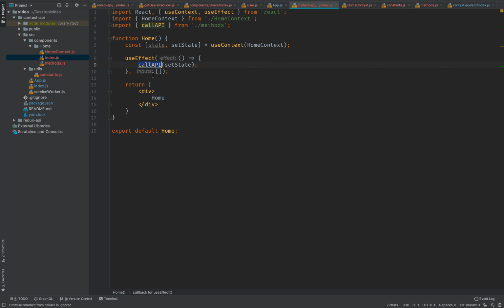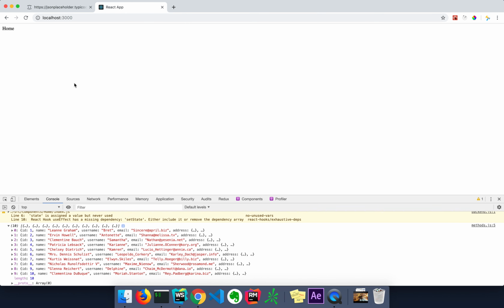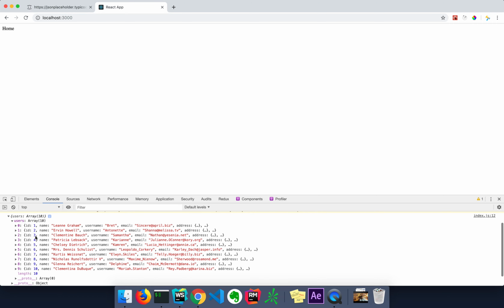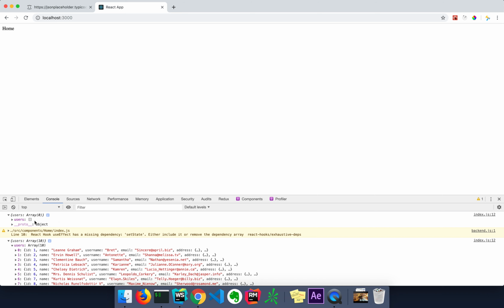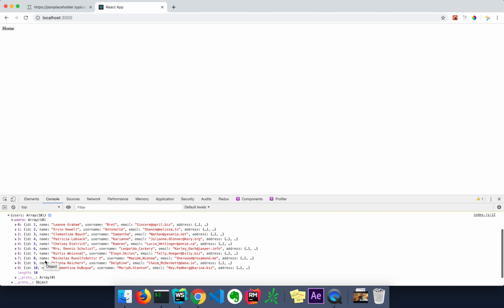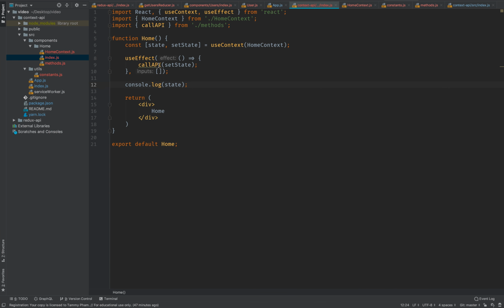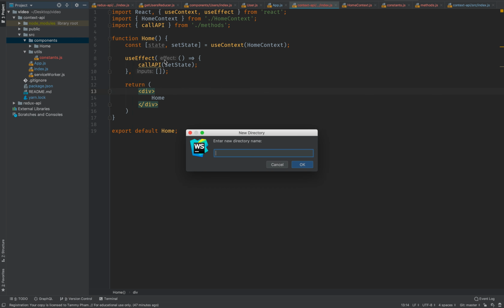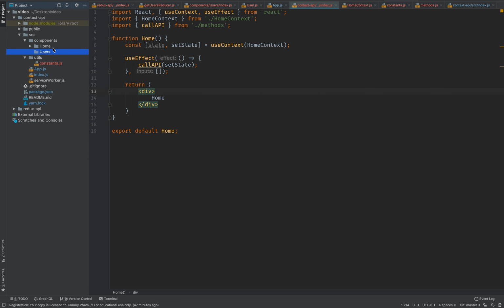And then let's go ahead and see if the state was updated, in fact. So let's just console log the state, reload the page, and there it is. Users was updated. At one point it was at 0, and then it was updated from this call here. And the cool thing about the context API is, just like with Redux, we can create another folder here and standalone